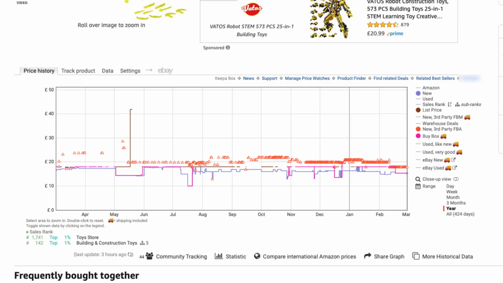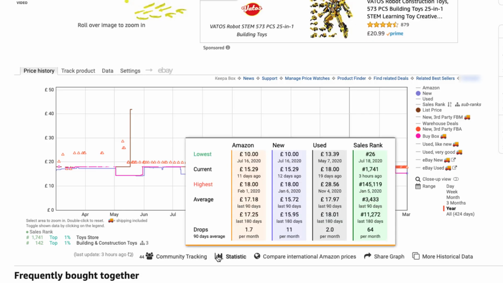When analyzing prices, I also like to look at statistics, which shows me the average prices. For example, here I can see that Amazon has been selling this particular product at a price of £17.18 on average for the last 90 days. You can also see the average price for new offers, which is £15.72. You can also see used prices, which are not very important for me, but if you are selling used items, then you also need to look at these